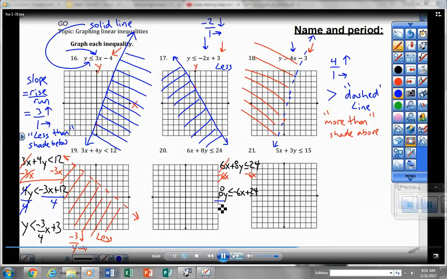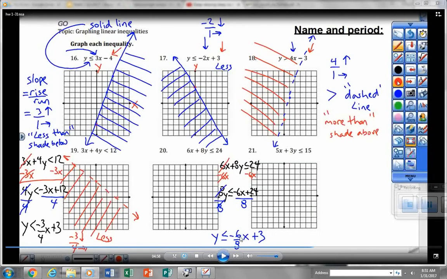Divide both sides by 8. I will not flip my inequality because I'm not dividing by negative 8. That gives me negative 6/8 x plus 3 because 24 divided by 8 is 3. It will be difficult for me to graph this because my graph's not big enough. If I went up here to 3 and went over 8 boxes and down 6, I would be off my